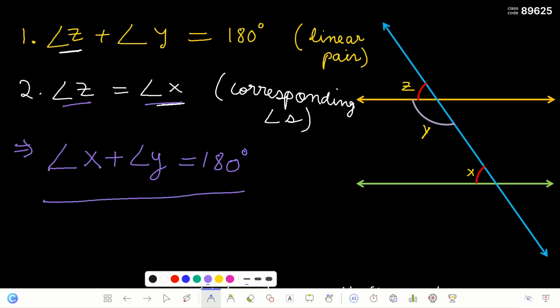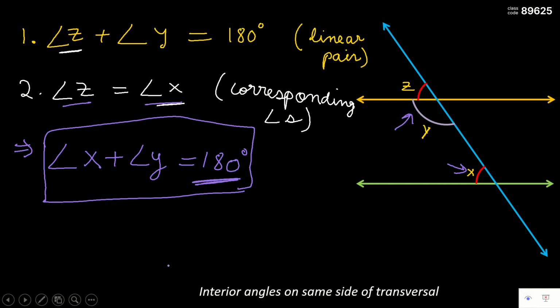Now, what does this statement mean? Angle X is this angle and angle Y is this angle. So, these two angles together add up to 180 degrees. That means they are supplementary angles. So, essentially, what I've proved here is that interior angles on the same side of the transversal add up to